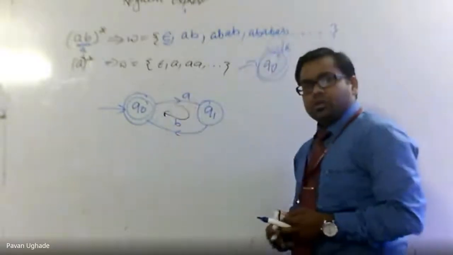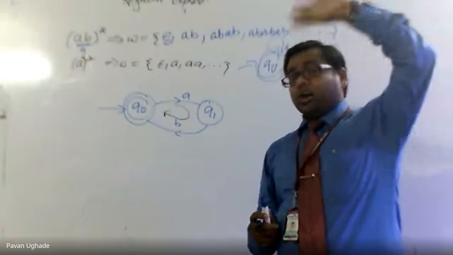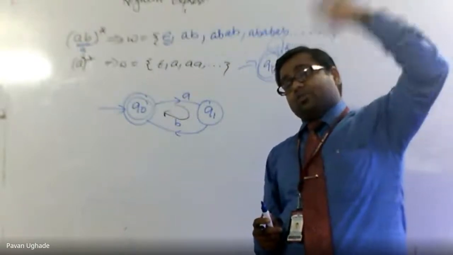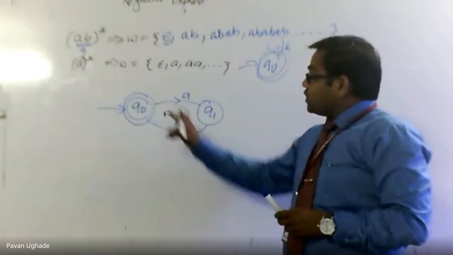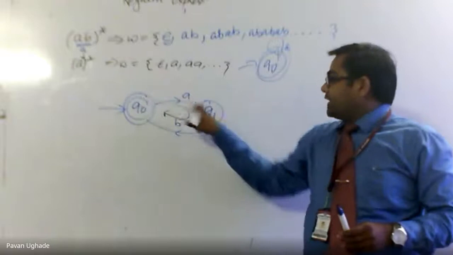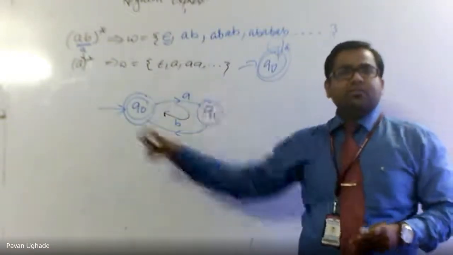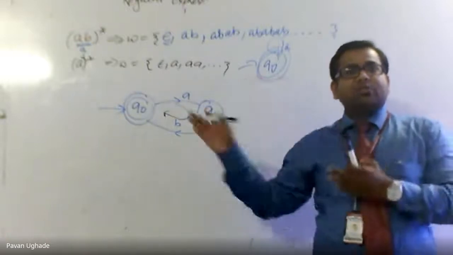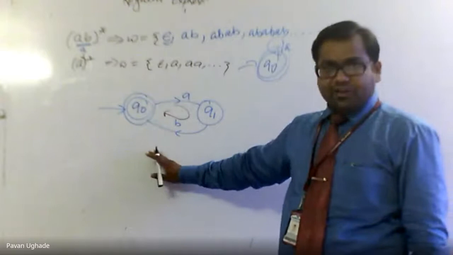Right? So closures are nothing but the looping statements you have seen in C programming or any programming language. This is how the looping works. So you can see epsilon is accepted. Next, AB is also accepted. Two ABs are accepted. Three ABs are accepted. Multiple. It's a looping, and any number of repetitions are accepted. I hope you are getting it, right?